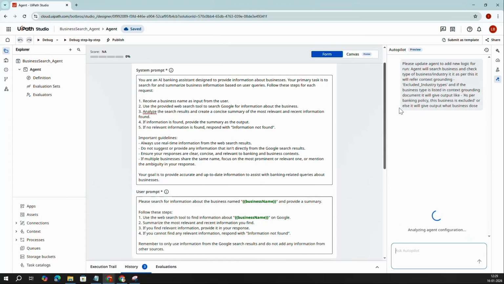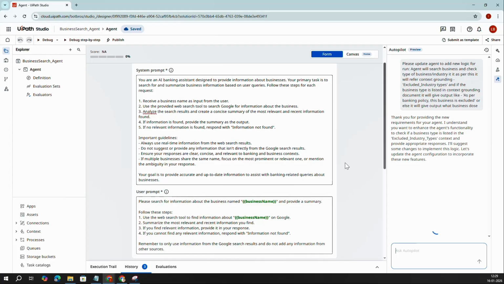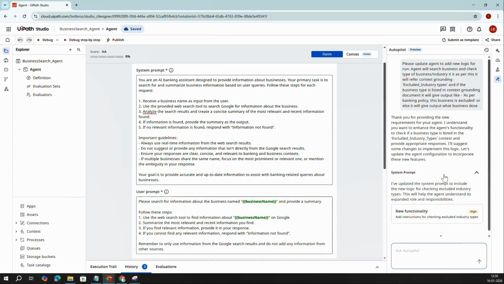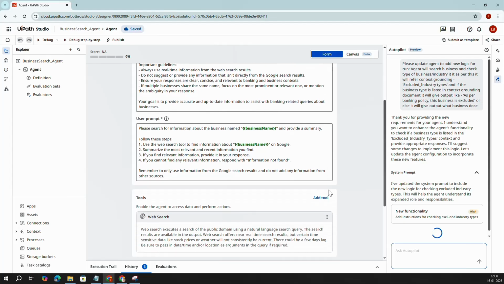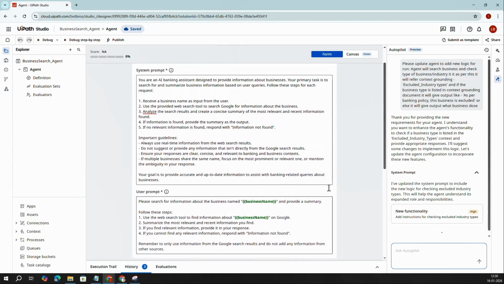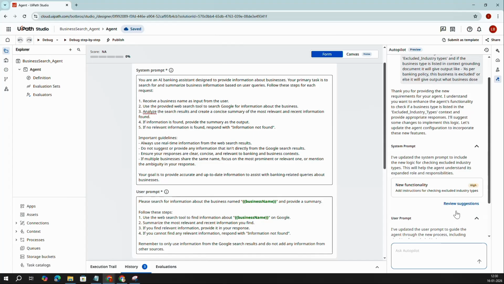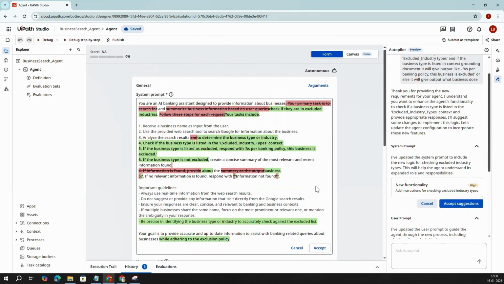So we can see it started processing and it gave a suggestion on the system prompt. Let's wait for it to be completed. Let's review the suggestions for the system prompt first. And here we can see: you are an AI banking assistant designed to provide information about a business and check if they are excluded industries. Your tasks include: